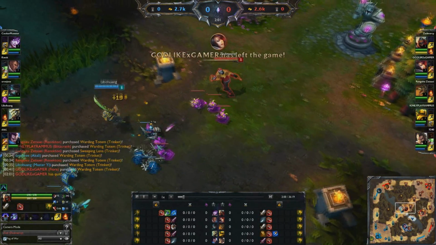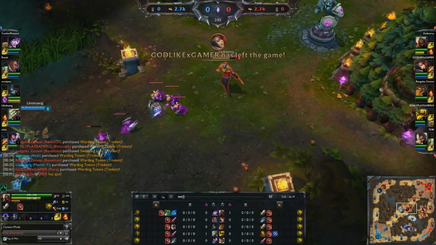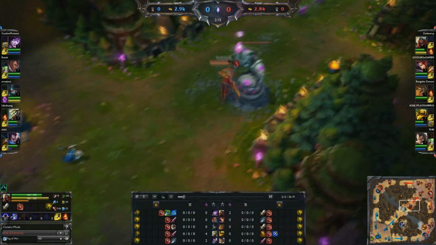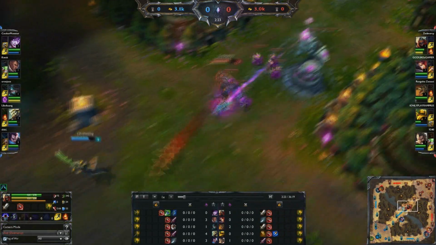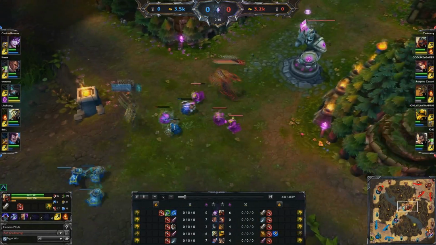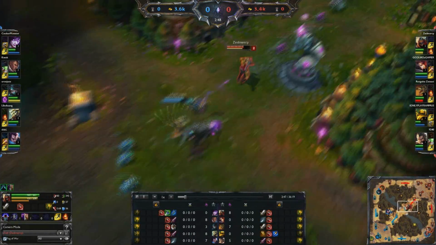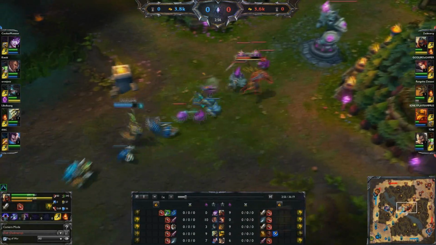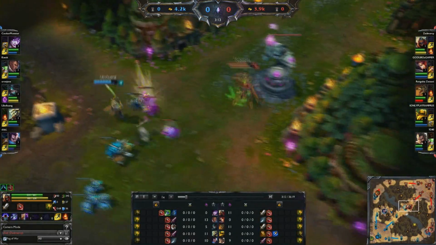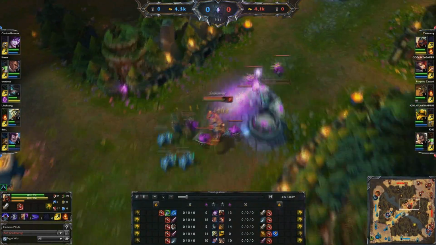Now the reason I say I hard carry is because, one, you see on your screen right now, our jungler Fiora DC'd just as the jungling phase started and she completely disconnected for about 10 minutes. On top of that, you will see about halfway through the game that our top and bottom lane did not do so well, especially our bottom lane, and they were extremely behind. On top of that, you will notice that the kills on our team are very much behind the enemy team